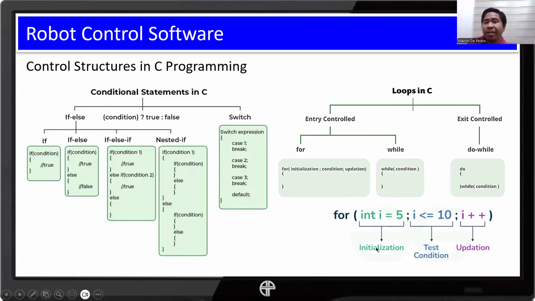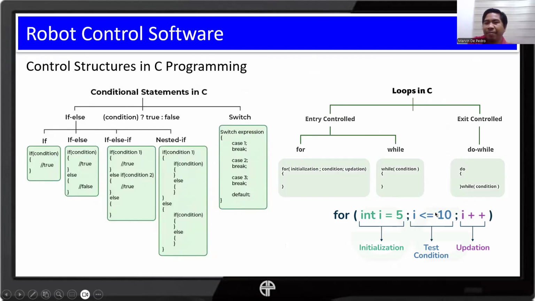What is the initial value of our variable? In this case, the variable that we use is i, because that's the default letter that we use, I guess for iteration. So at the start, i is 5.